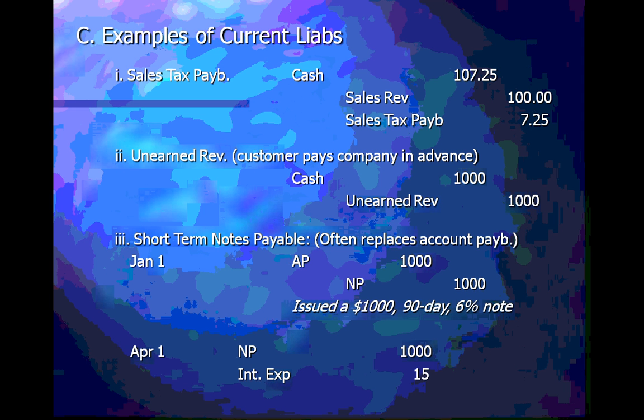Oh, why is it only 15? Something wrong with our math? We said 1% was $10, so 6% should have been 60. What happens here is that's an annual interest rate. So what I just did in my head was the total interest for a whole year. Well, this has been 1/4. 90 days is 1/4 of 360. So we have to take that number and divide it by 4. The easiest way to calculate interest is principal times interest rate times time. So 1,000 times 0.06 for the 6% note times 90 days divided by 360. Any way you slice it, it's going to come out 1/4.